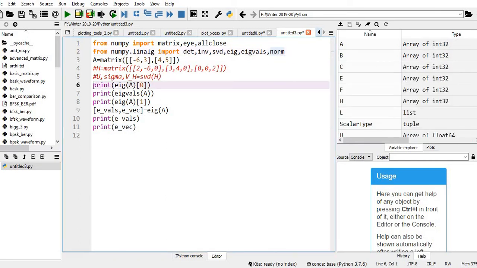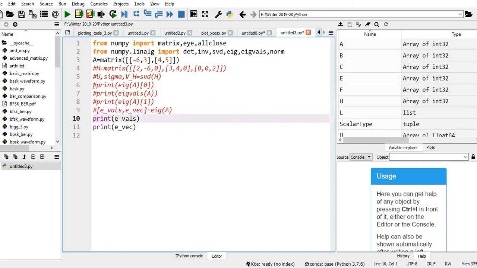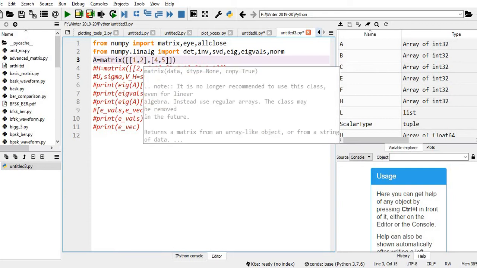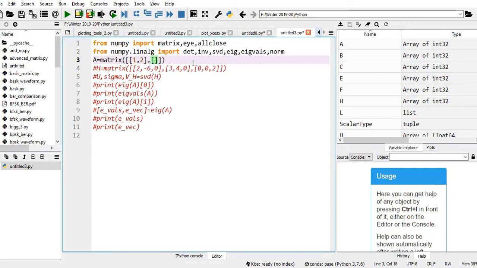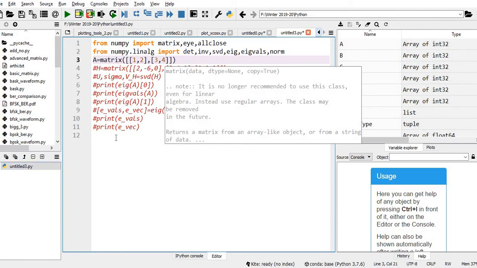Let me comment all these things, I don't want these things. So let me define the matrix. It is a simple matrix: 1, 2, then 3, 4. This is the matrix.